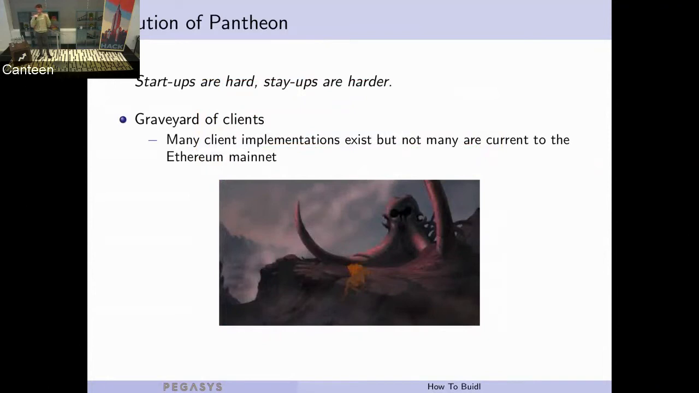So I like the concept that startups are hard, but stay-ups are harder. There is currently an elephant graveyard of Ethereum clients that exist because, based on all the challenges that I was talking about before, it's hard to build an Ethereum client, but it's harder to build it and then maintain it. So right now there exists basically only Geth, or as some people call it, Goethe, Parity, and now Pantheon. And so yeah, we're intending to keep it going,